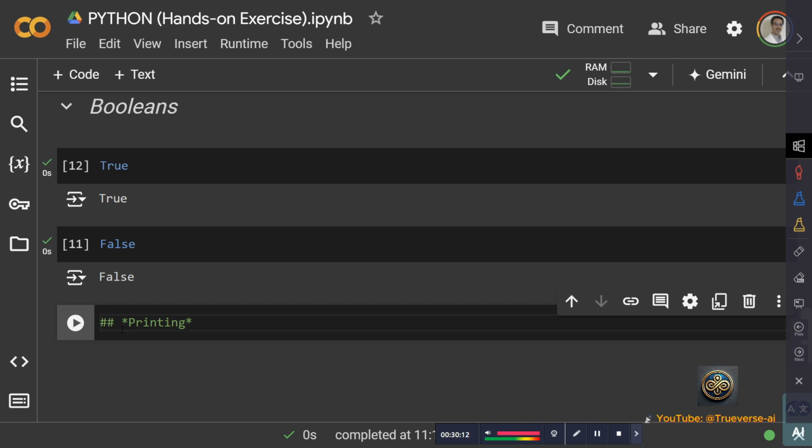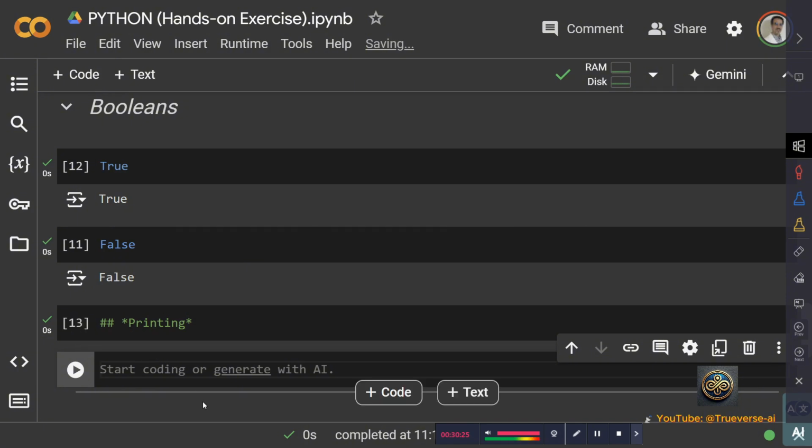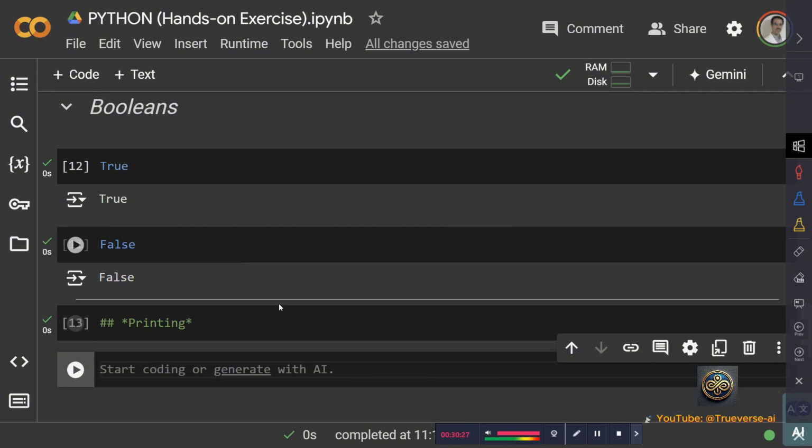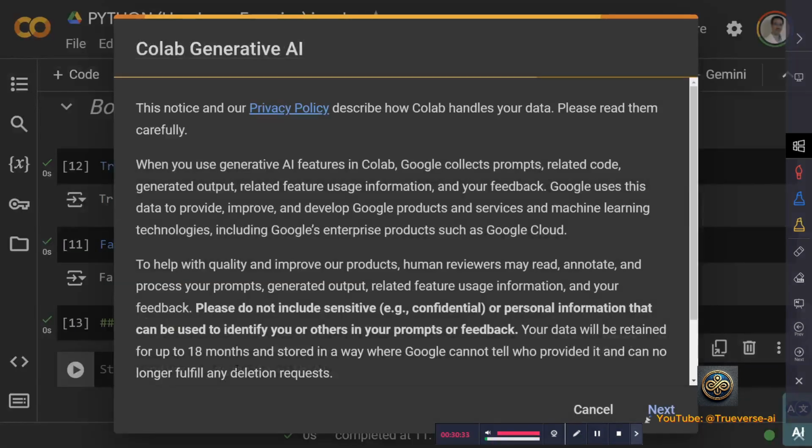Printing allows you to display values and variables in output. In Python, you use the print parentheses function to do so. Let's see. For instance,